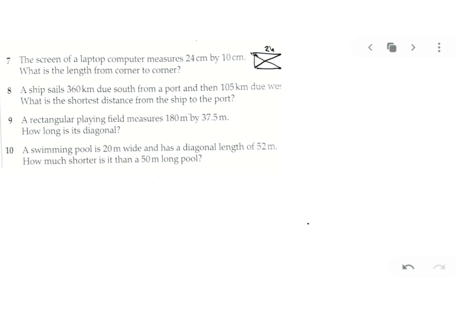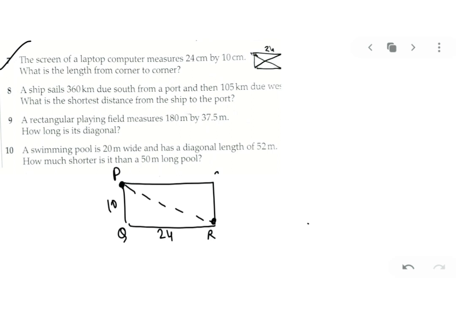Next we have the screen of problem number 7. You can see it here. The screen of a laptop computer measures 24 centimeter by 10 centimeter. What is the length from corner to corner? So if I am taking this as my laptop screen, this is 24 by 10 and you have to measure corner to corner, that is the length of its diagonal. So if I am naming it as PQRS, by Pythagoras you can find PR square is equal to PQ square plus QR square. From there you will get the value of PR. Easy? Okay,